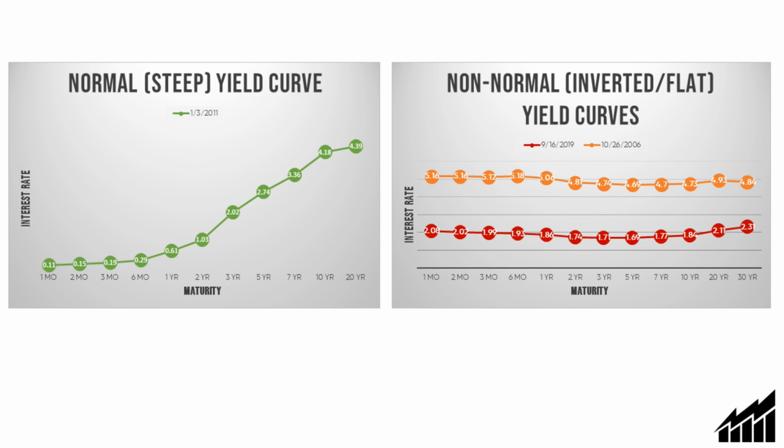In the case of what is known as an inverted yield curve, or sometimes a flat yield curve, in an inverted yield curve, you have short-term interest rates higher than long-term interest rates. In a flat one, short-term interest rates are the same as long-term interest rates. In that environment, that is actually bad for the economy and shows that there's distress in the economy. And the reason for that is lending institutions will not lend out longer term if they're getting paid the same